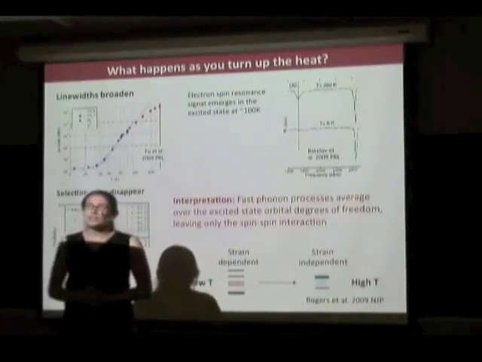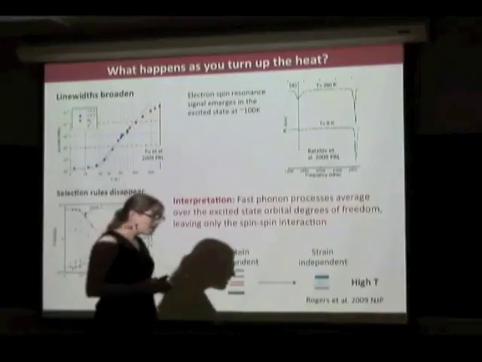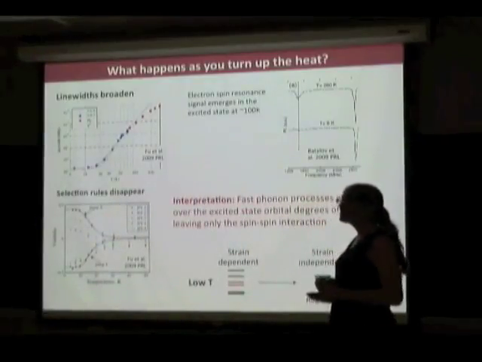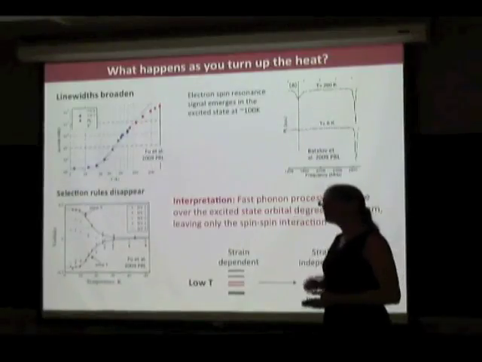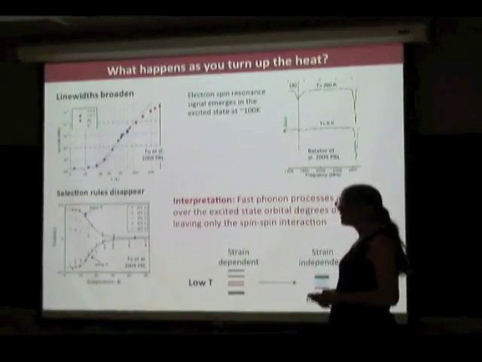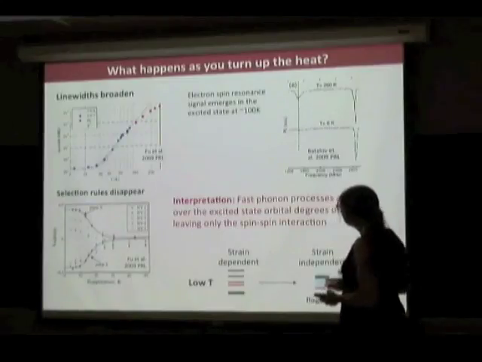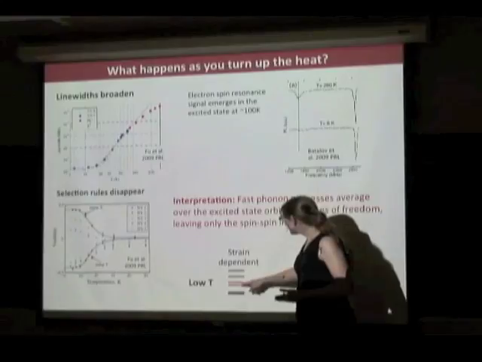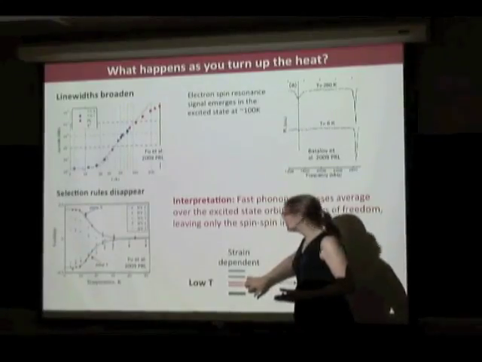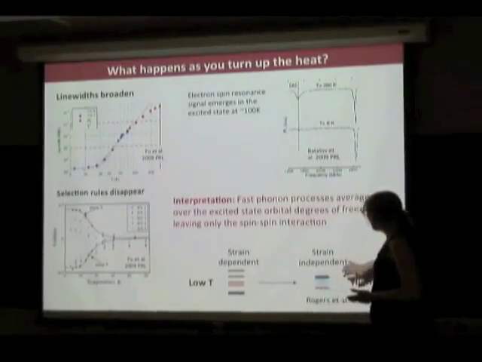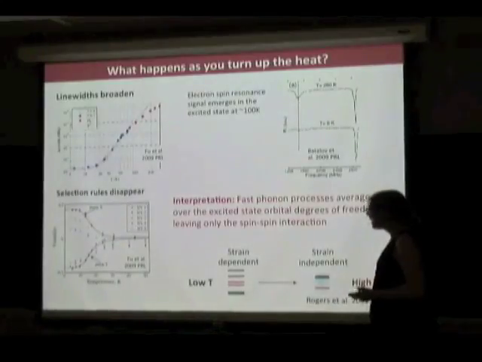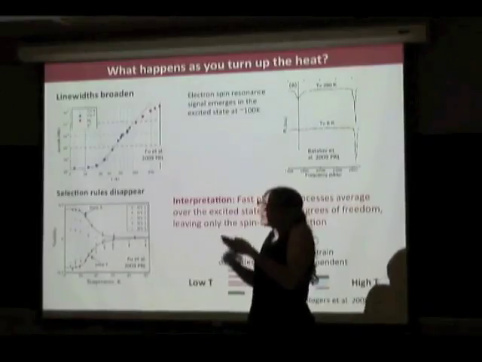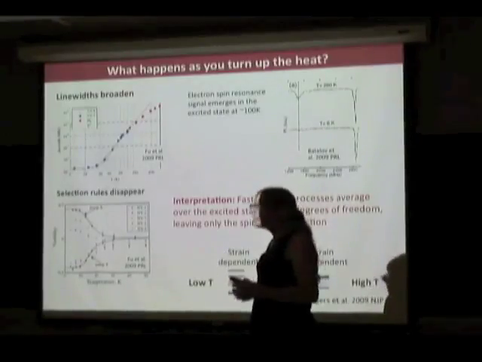We now understand what's going on here. What's going on is that as you raise the temperature, you're inducing phonon processes that start to average over the two orbital states within the excited state. This motional averaging effect takes you from a strain-dependent, very coherent set of excited states at low temperature to a strain-independent state at high temperature where your orbital state is essentially rapidly averaged between the two possibilities by thermally excited